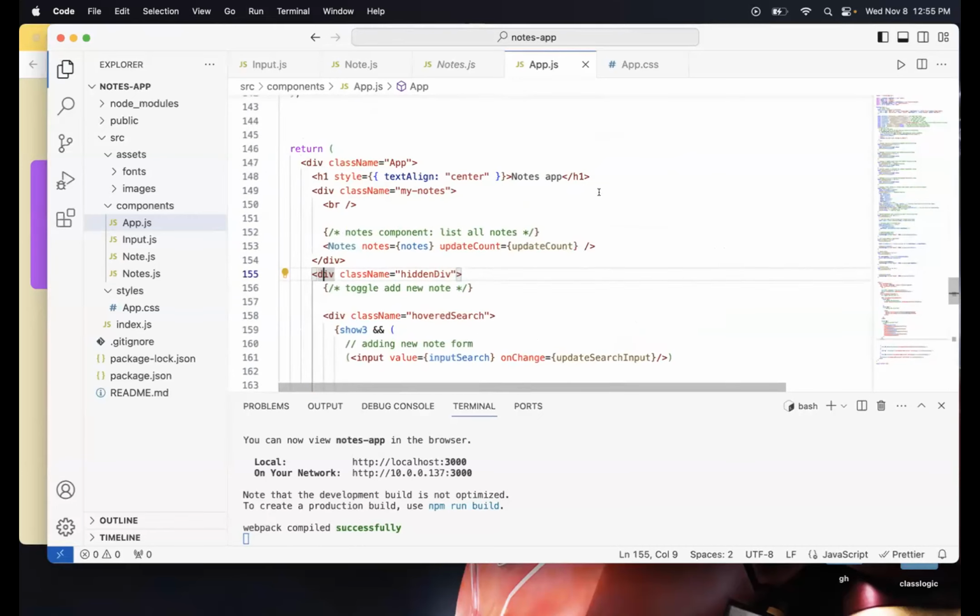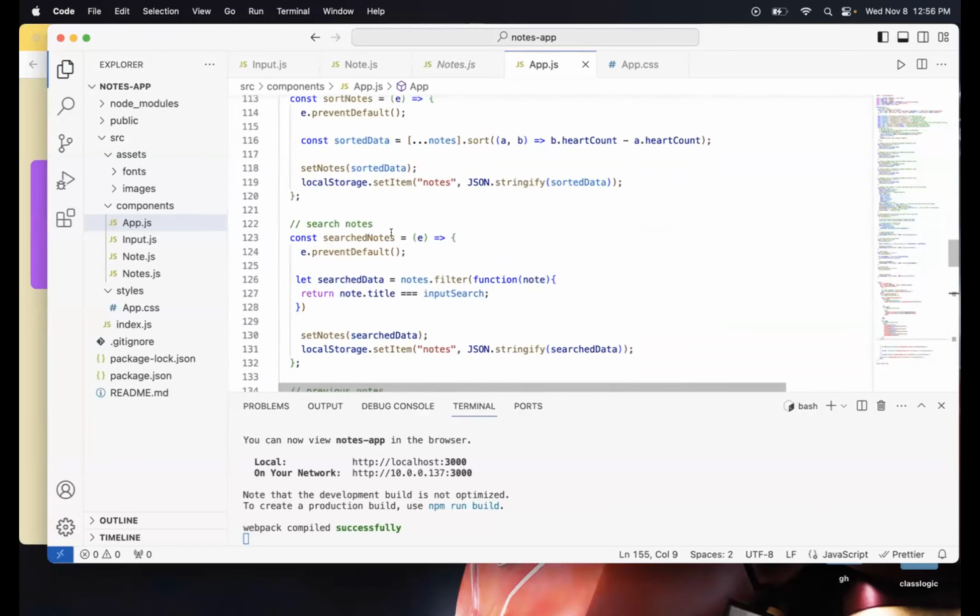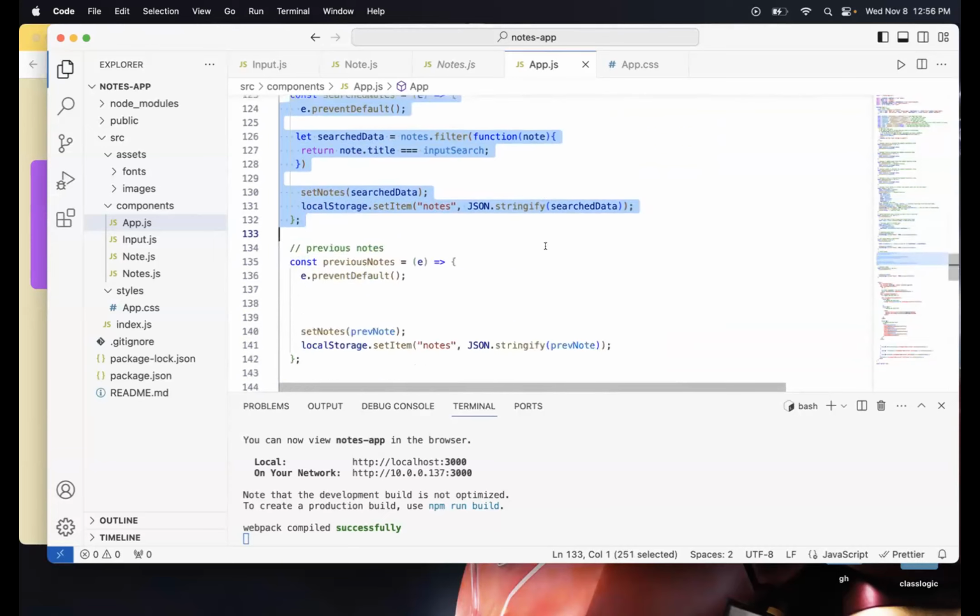It's just this, where did it go? The searchNotes function. This is the main thing. This is what's creating the search option essentially. Just for this one function, there's no point in creating another file. I can just do it here because that way I have the variables ready for me and I can just use them to filter it out.